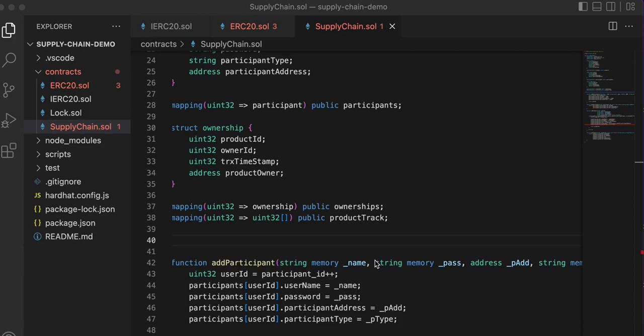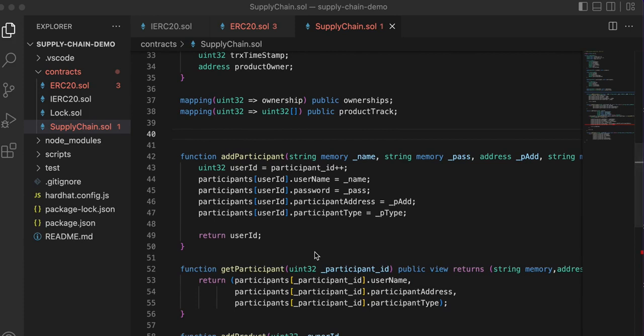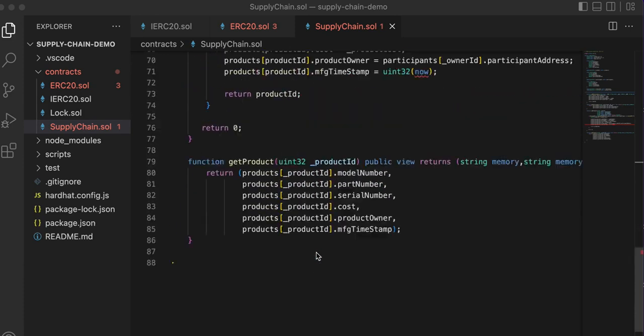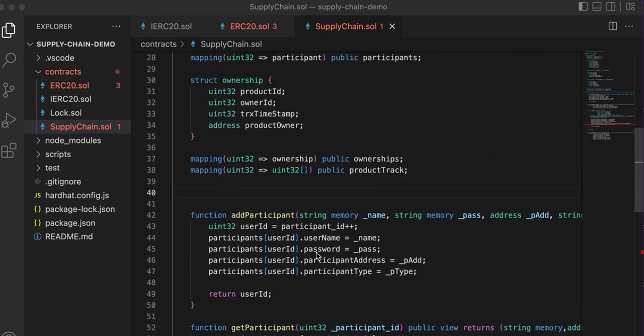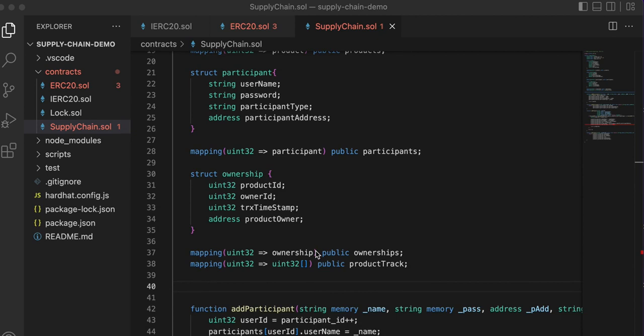Hi, welcome back. So in this video, we are going to continue with adding functions to our supply chain smart contract. We've added a few, we've added 4 functions actually so far. We have 4 more functions to add. But before we start adding those 4 functions, there are 2